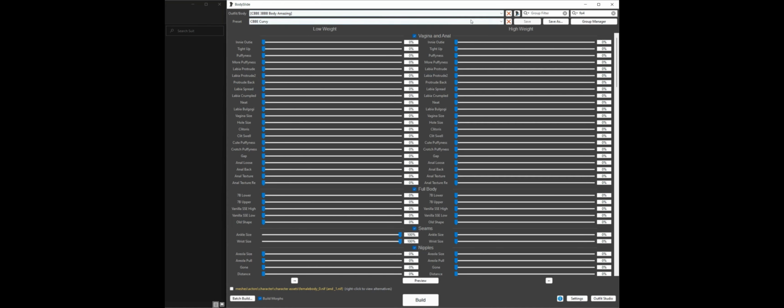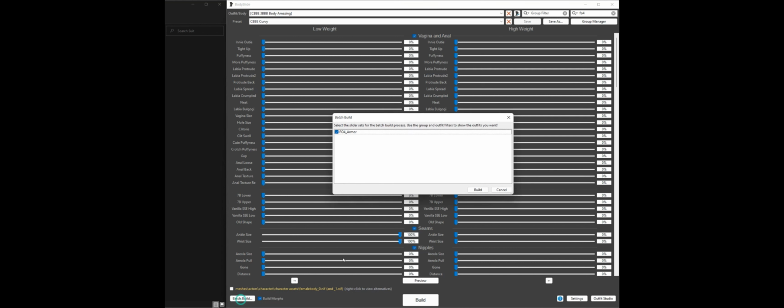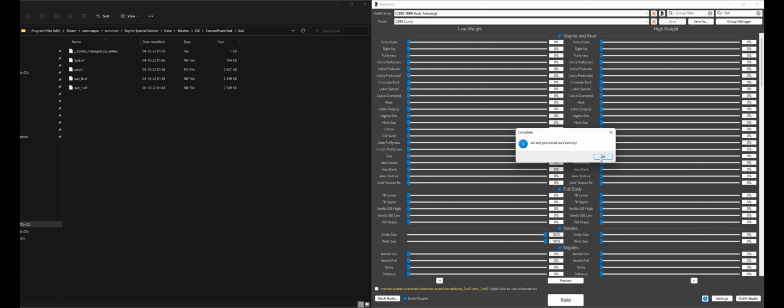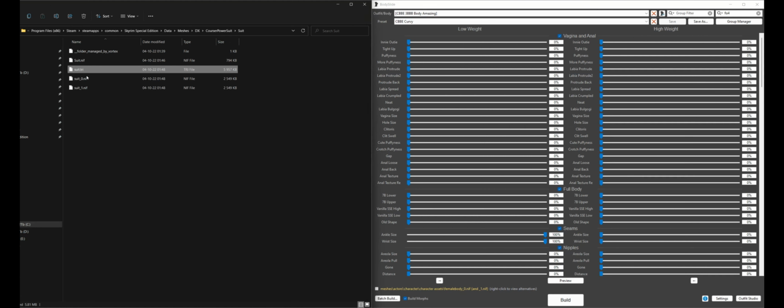In the upper right corner, make sure to filter with the name of your armor here. And once this is done, you go to the lower left corner and click Batch Build. But before you do, make sure you tick the Build Morph case. Then yes, just build it. If all the paths are correct and this is working fine, you should see in the game data directory folder the _0 NIF, _1 NIF, and the .3 file appear.